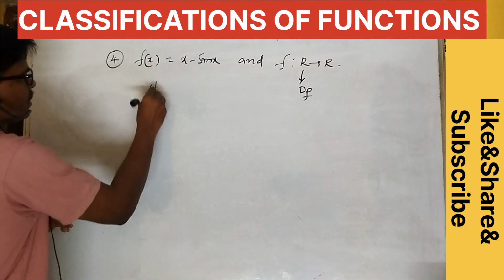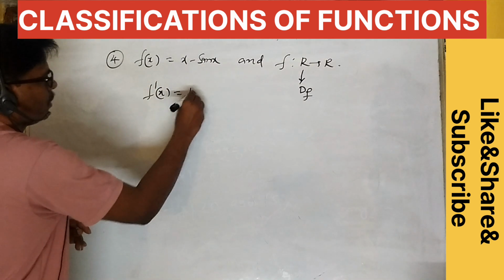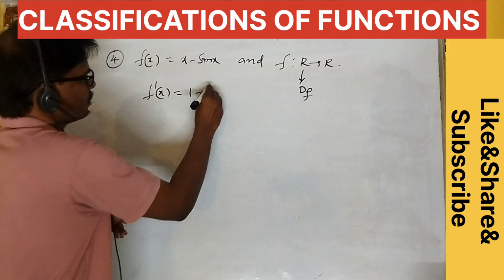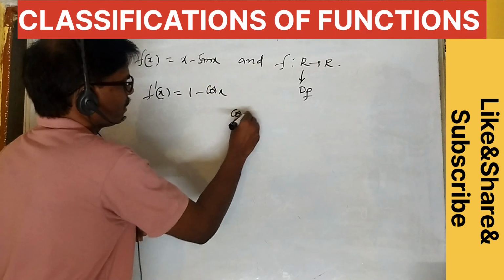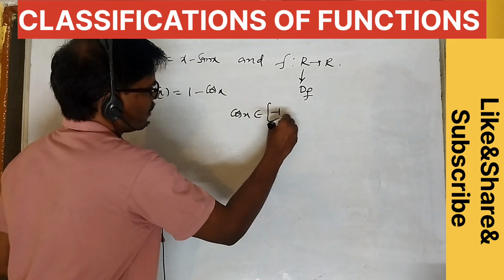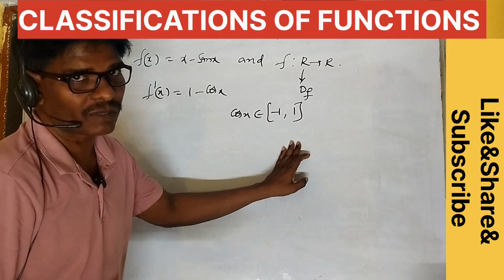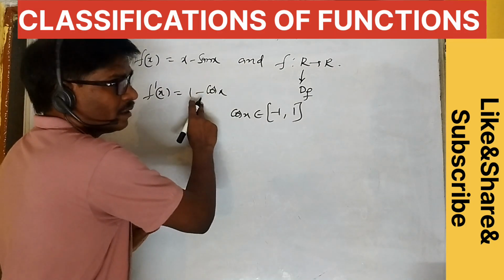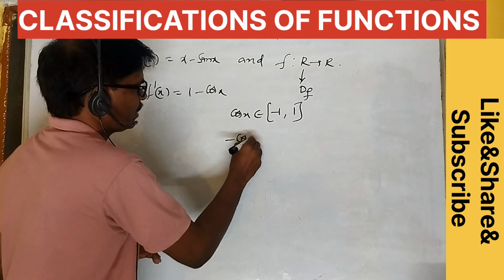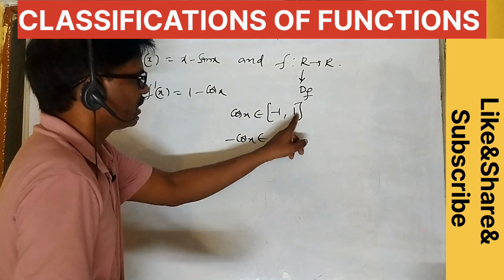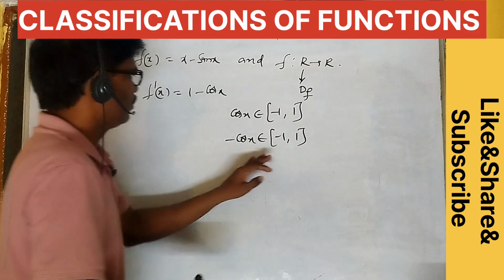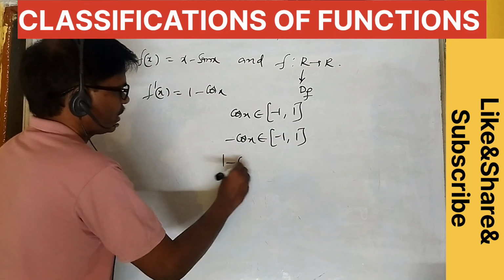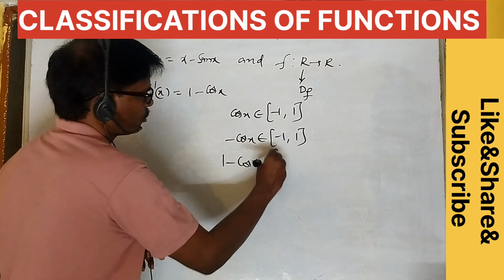Okay, differentiation: f dash of x is equal to x differentiation 1, sin x differentiation is equal to cos x. What is the cos x range? Cos x belongs to, what is the range? Minus 1 to 1. Cos x range is minus 1 to 1. You want minus cos x, so apply the minus here; minus also flips, which means the closed interval minus 1 comma 1. Okay, 1 is added: 1 minus cos x belongs to